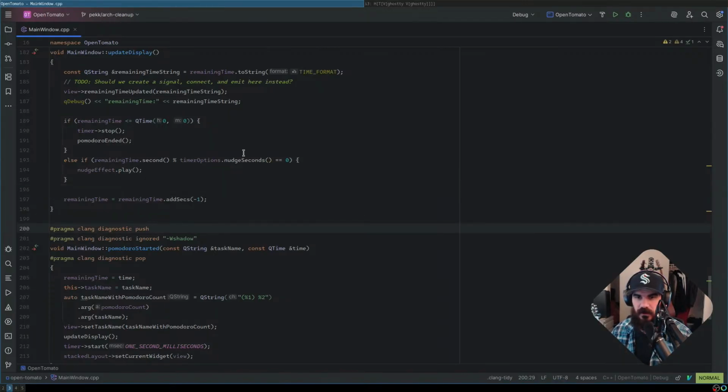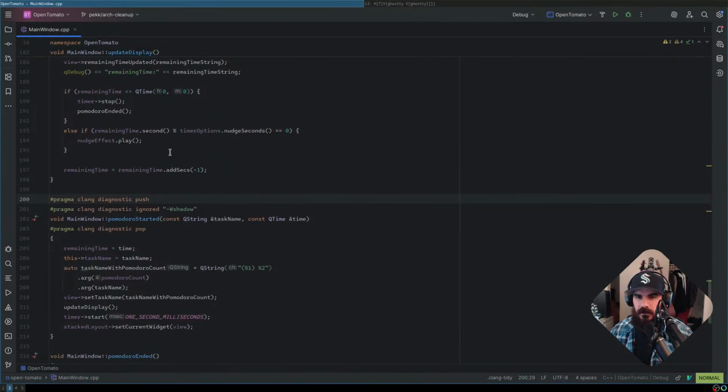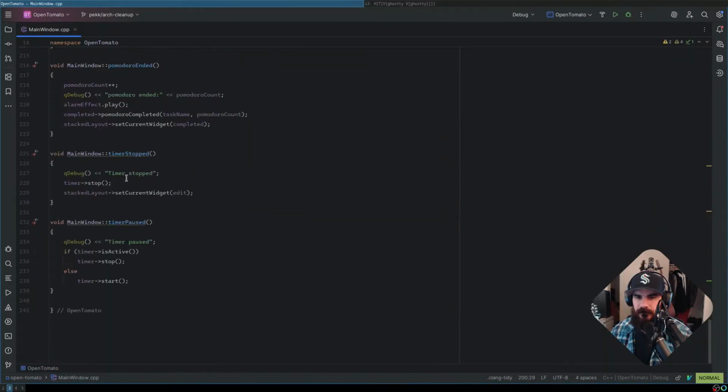25-minute timer, let's go. Also, I should probably, hold on, I should probably run the latest version of this. So let me build a new version of it because I'm running an older version of the app on my other screen while I'm building this one.